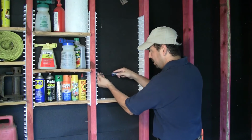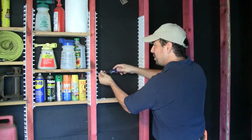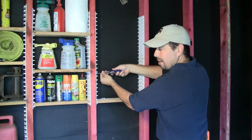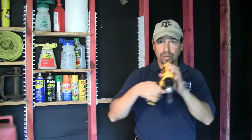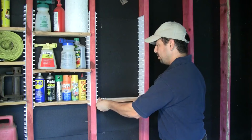If you want to use just a handheld screwdriver, you can, and I'll demonstrate it as well. So I'm just feeding it through. The reason I'm demonstrating this is because if you don't have a drill, you can use a screwdriver or a Phillips screwdriver. It takes a little more time and a little more muscle, but it's not an undoable task. So there we have it, standard screwdriver. I'll continue on with the drill driver. We've installed this set. We can continue up or down to install the next 4 EZStudRacks, or